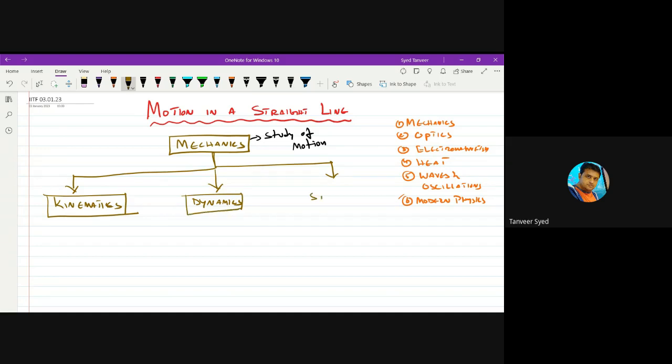And third is statics. What do we study in each branch? Kinematics. Kinematic means which is moving, which is in motion. We call that thing as kinematic. And kinematics is that part of mechanics where we study